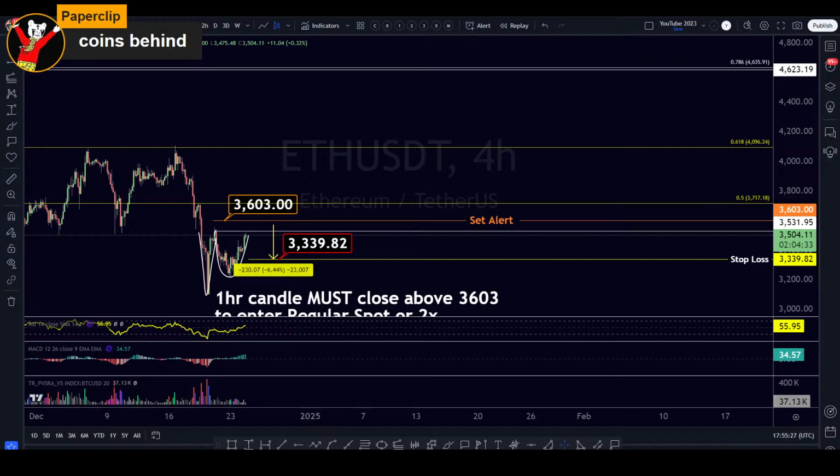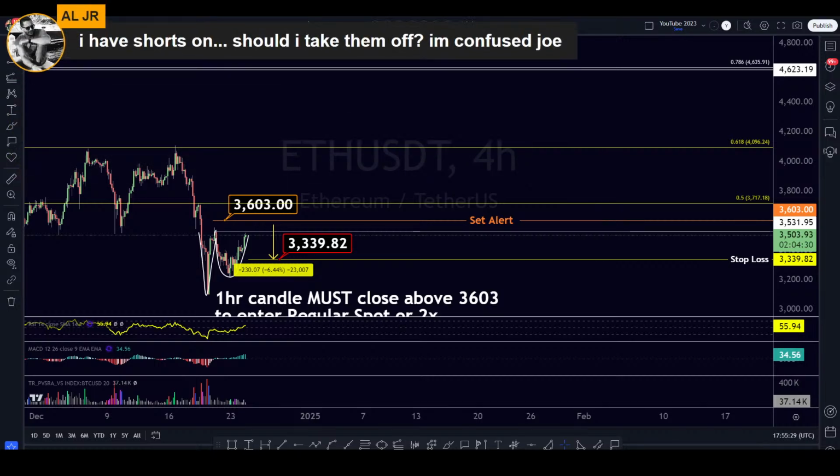Here, Al says, I have shorts on. Should I take them off? I'm curious. Oh my gosh. So if I was somebody in shorts, what I would do, if you're in profit, me personally, not financial advice, I would take 50% off the table so I secure my profits. And then I would have a stop loss for sure above a resistance level. So of course, if it breaks that resistance and it continues going up, you get stopped out, hopefully